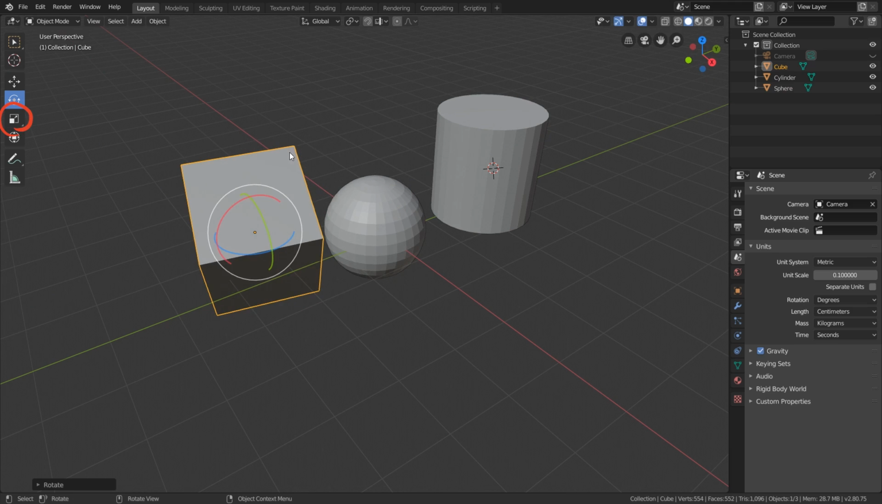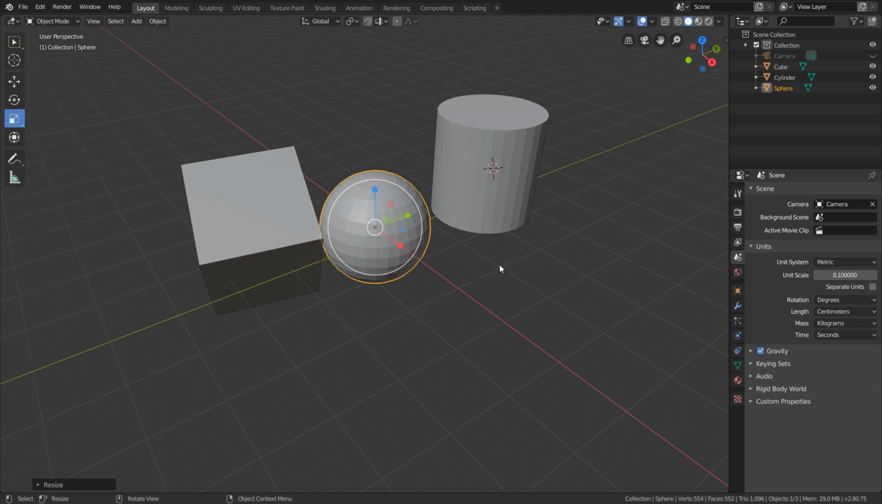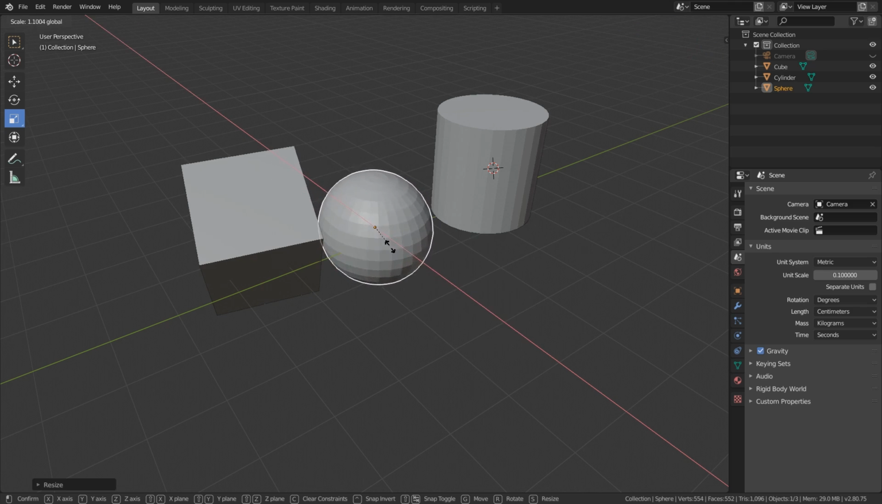And the last option we have here is the scale tool, which allows us to change the size of an object. If I left click in empty space and hold and move my mouse around, you can see I can change the whole volume of an object, or I simply click on one of those axes to change the scale